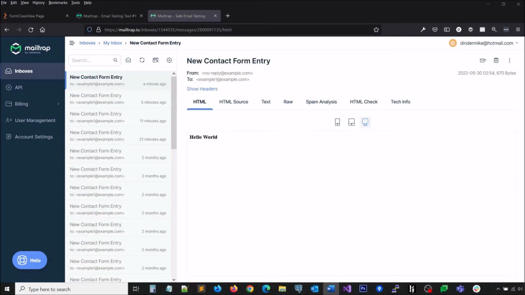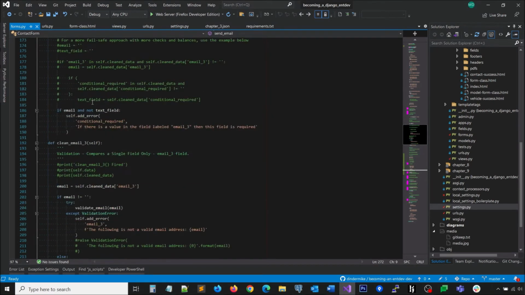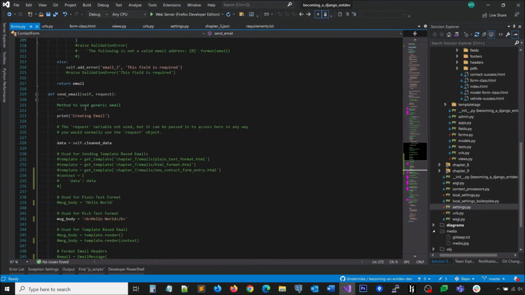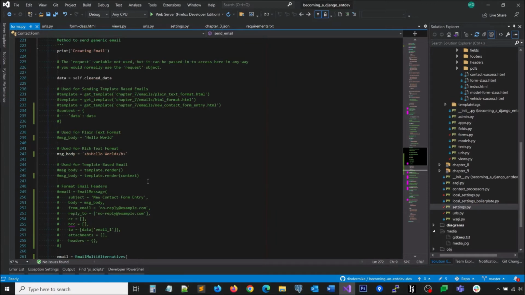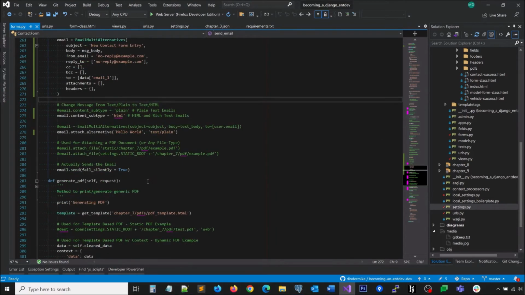In this video, we're going to pick up where we left off on sending HTML emails with plain text alternative. This time we're going to attach files to our emails. Now, working in our Chapter 7 forms.py file, in the same contact form class and the same send email method, let's go ahead and leave everything the same, except we're going to add email.attach_file